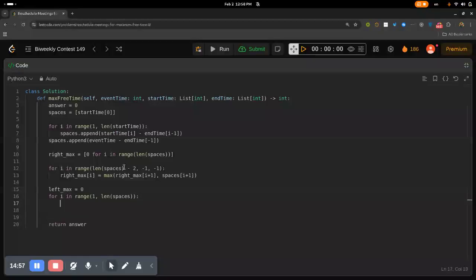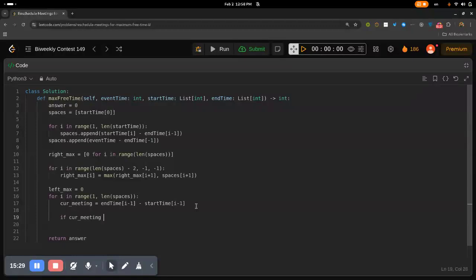And we calculate the current meeting is going to be start time, because we are starting from 1 and we're iterating over the spaces. That's why we are doing -1, and end time -1. So this will give us the length of that current meeting,